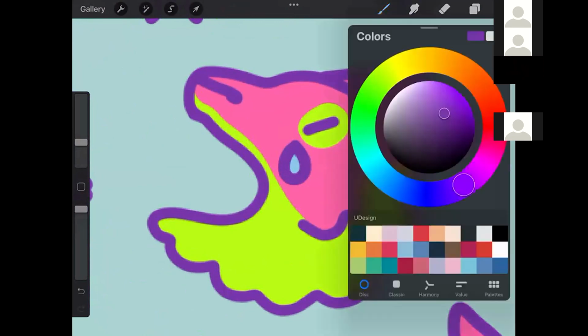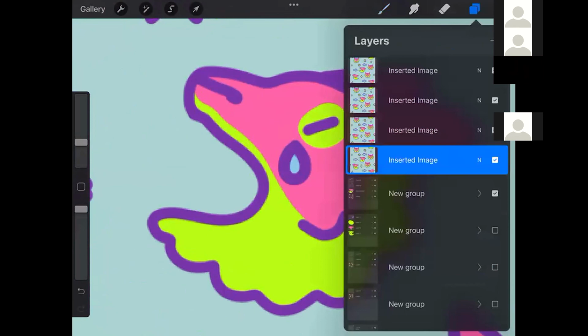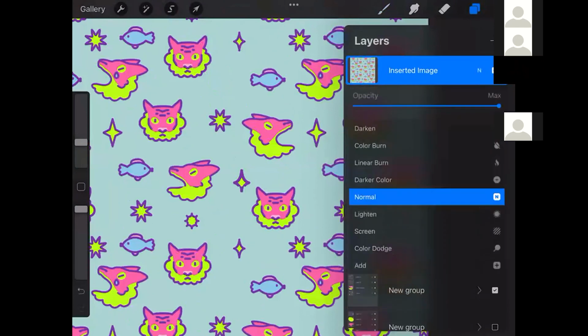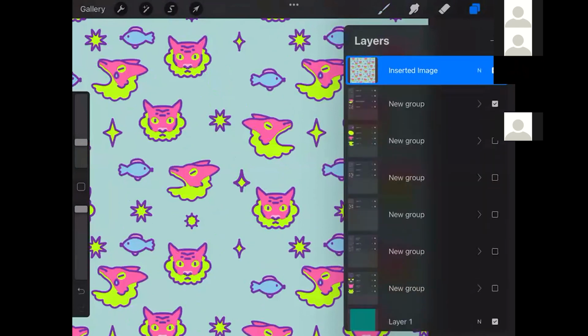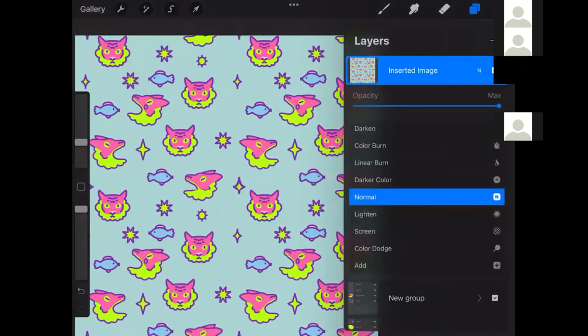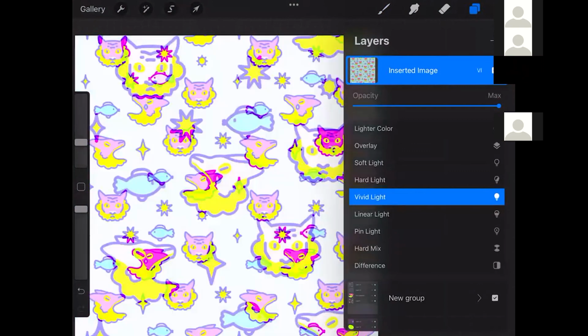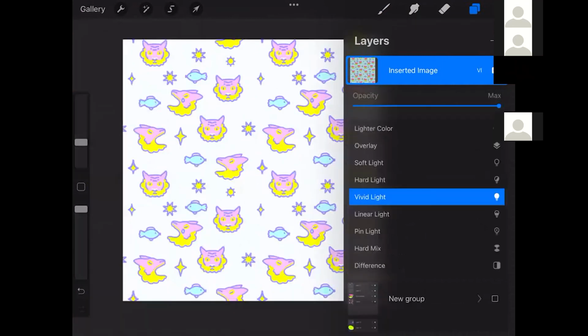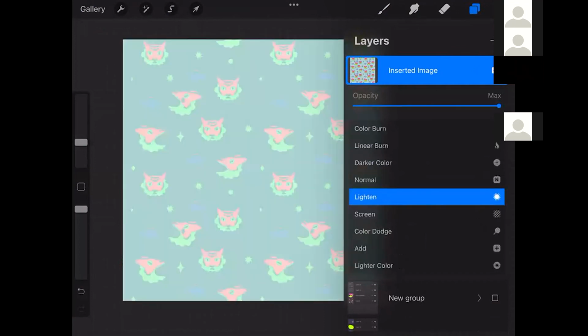Oh, I guess one thing, because I feel like this was not educational. But let's say I decided these colors are ugly, let me change it up. You can use color overlays. All of these colors are really light, so I think vivid light or hard light will look better. Yeah, that's just something that you can play with. Normally it's on normal, which means every layer is